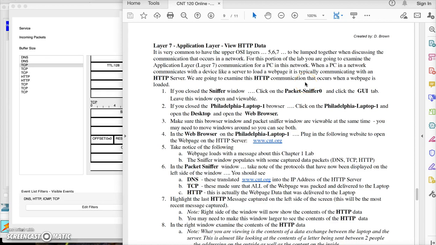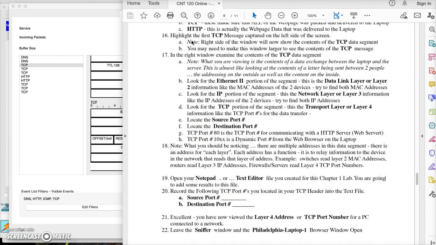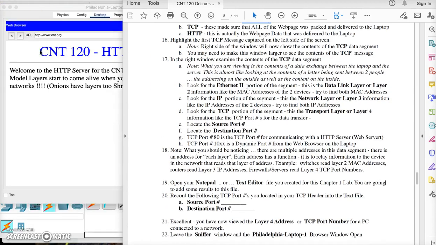All right, CMT 120, Chapter 1 Lab. We are now at Part 5, where we're going to look at the upper layer applications. We looked at, let me close this here,